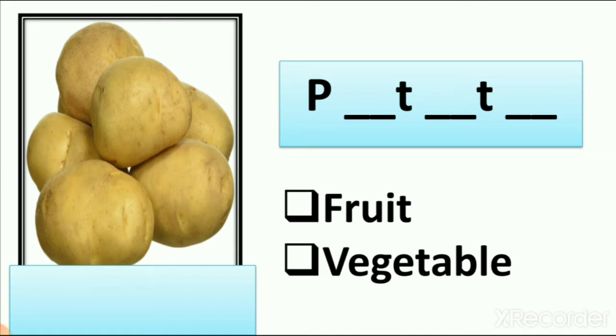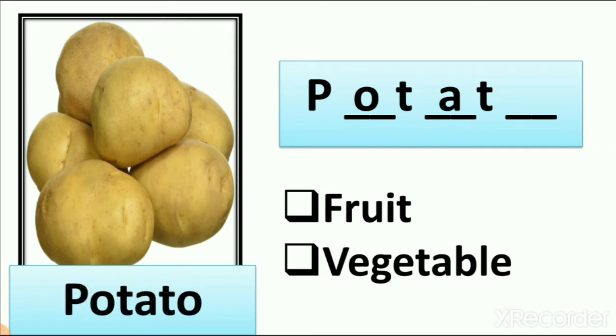So which food is here? You can see the stem of the plant we learned in lesson number 4. Yes, it is a potato. So what is the spelling of potato? Here we have P. So the first letter is P, the second letter is O, so we write O here. Then we have T. Then the next letter is A. And the last letter is O. So here we write the spelling of potato.